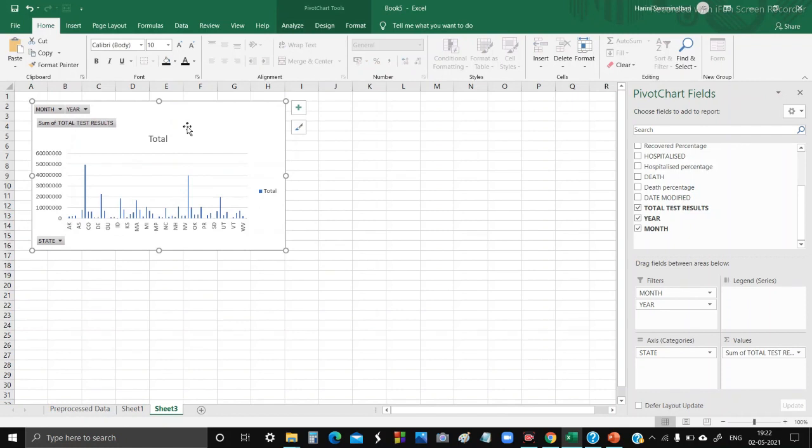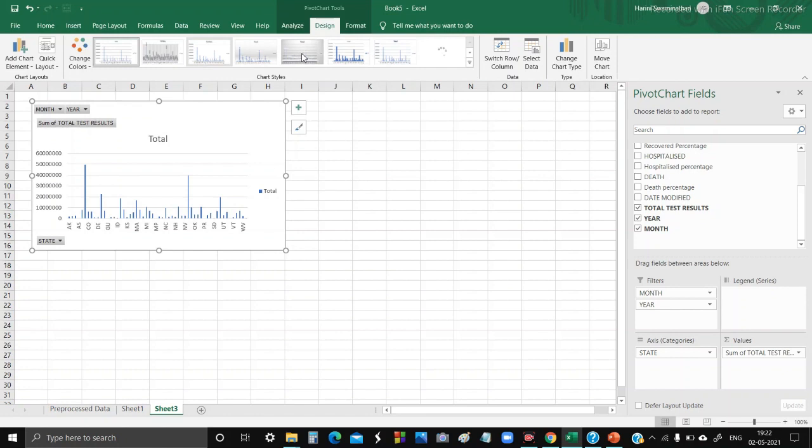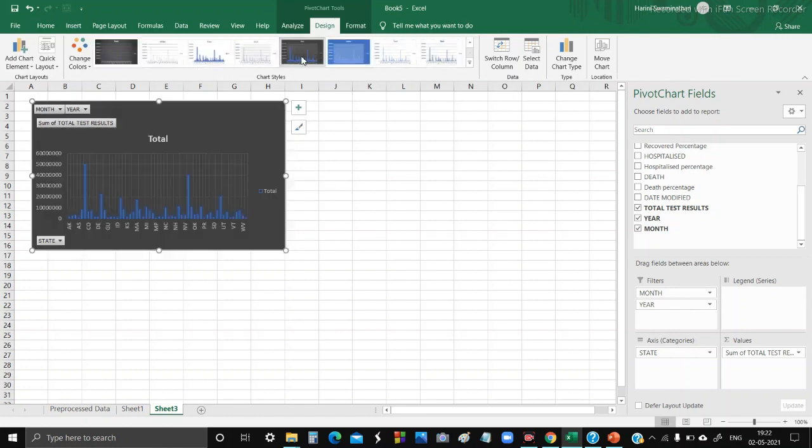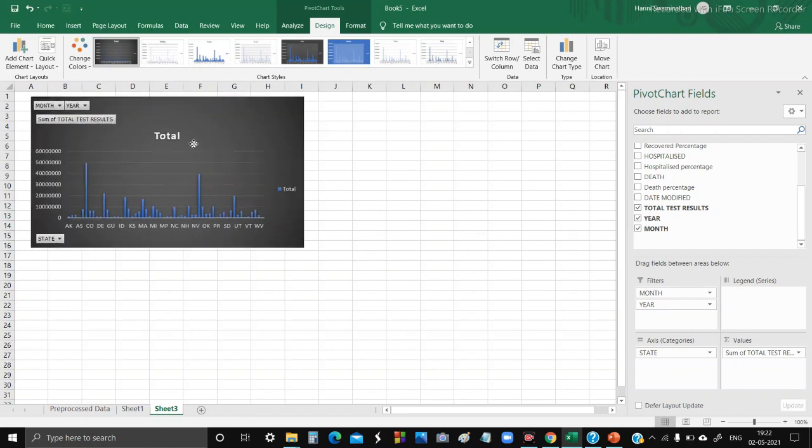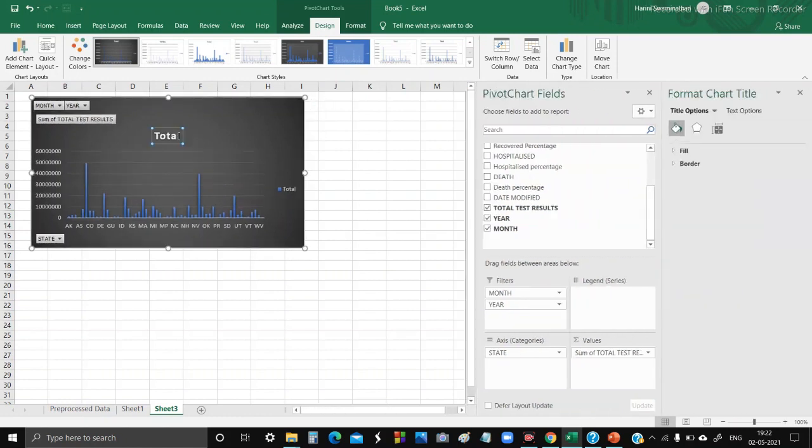Now design the chart however you want to make it look like. I am presenting it in a dark theme.